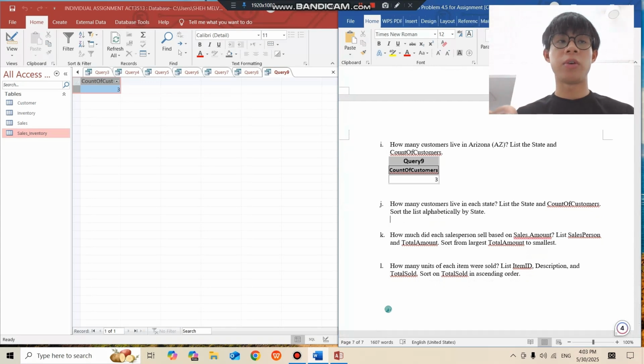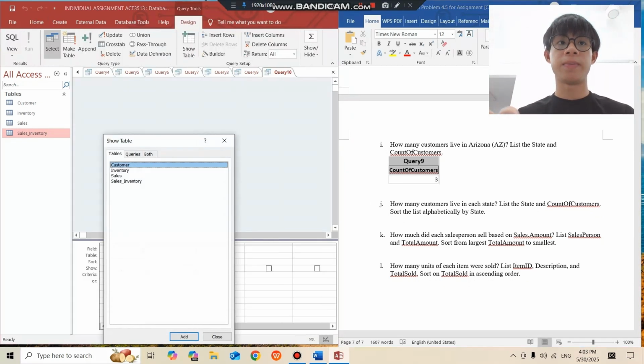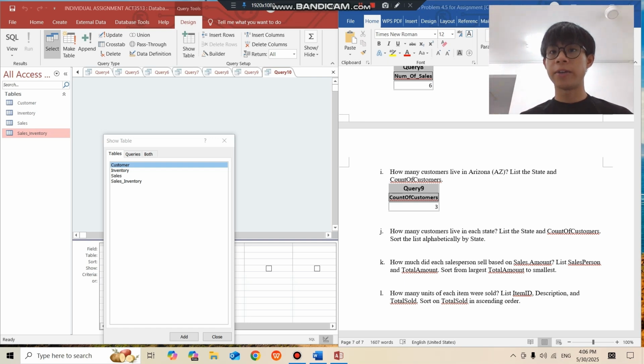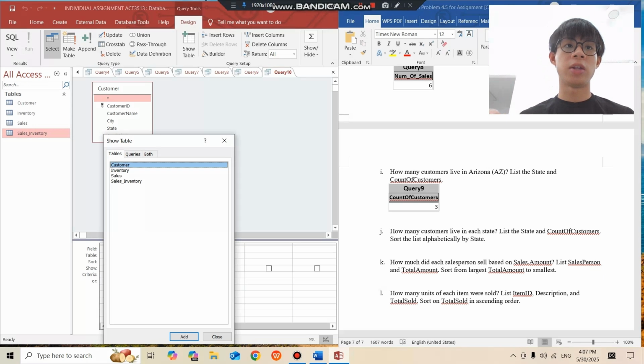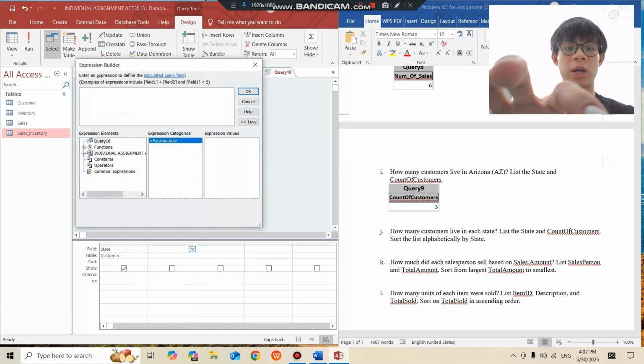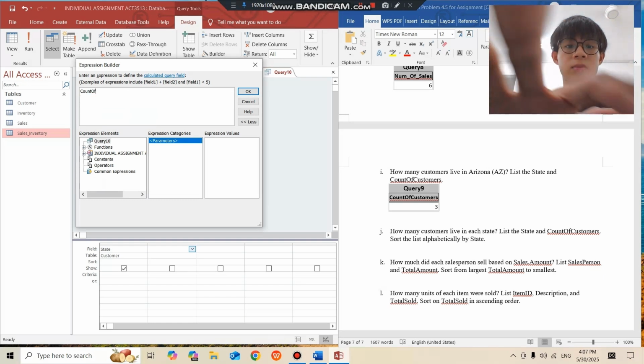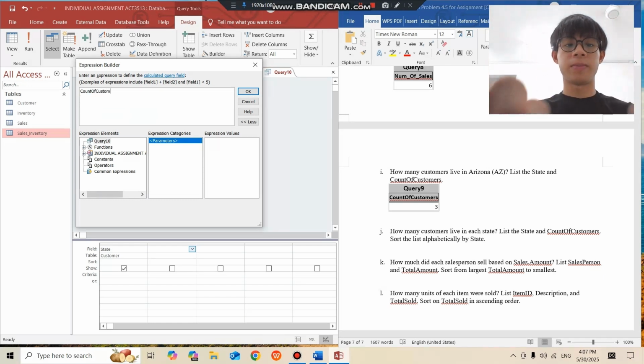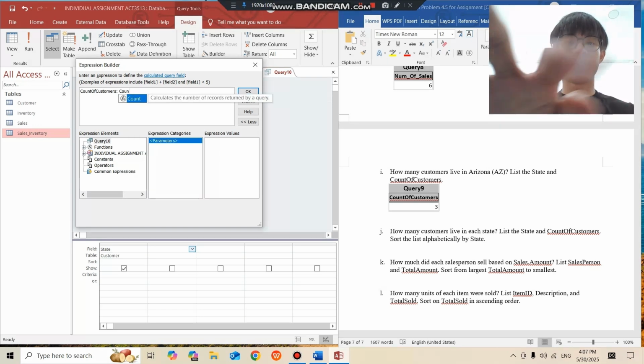For question J, we also create the query design. For question J, how many customers live in each state? List the state and count of customers, sorted alphabetically by state. For this question, we also need the table of customer only, and then we put state into the field, and then we build count of customer. We type in count of customer, count,